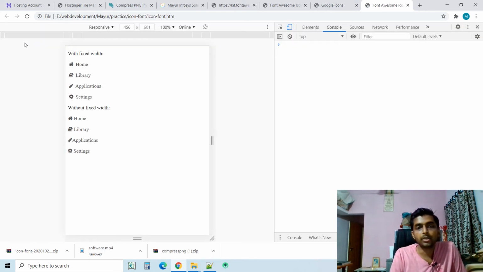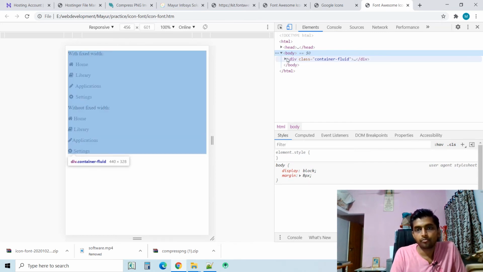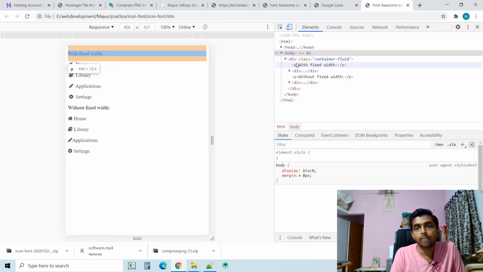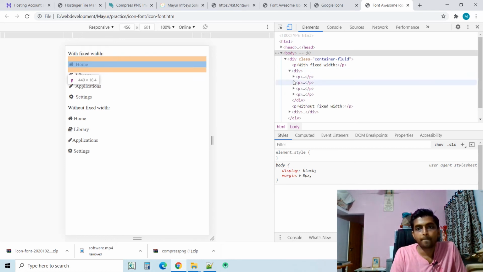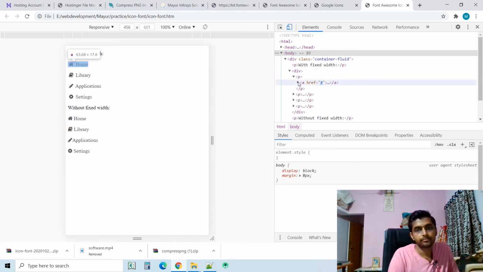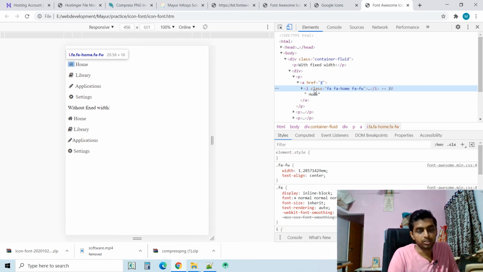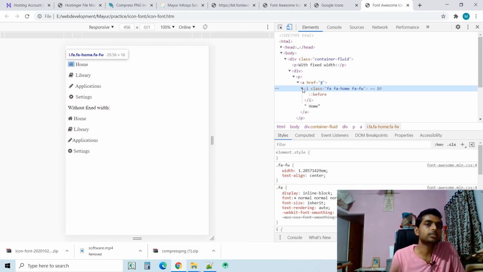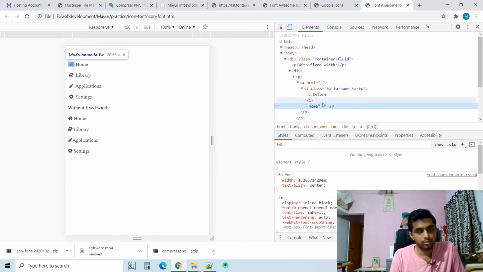If we simply press F12 and go to the Elements panel, I am just checking the first one, that is the icons. Here I am using fa fa-home with the fw icon, that is the home icon, and after that simply the text Home, and I am adding some small gap.